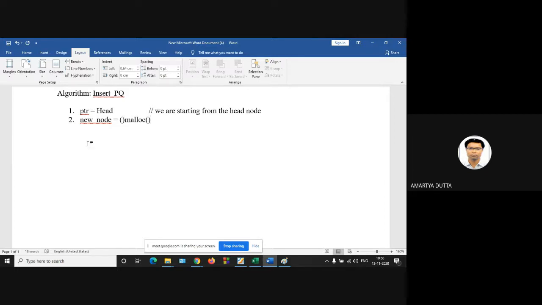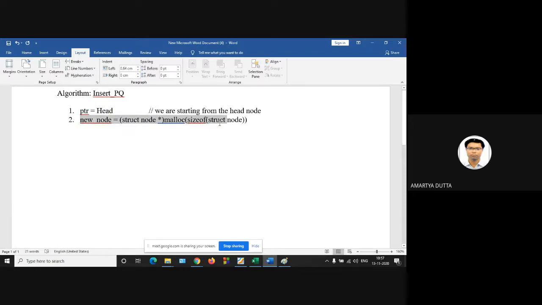malloc. If you are using struct node, then you have to write struct node star and then malloc the byte size. The byte size we get using the sizeof operator, sizeof your struct node. So this particular line, in the actual C implementation, can be written as new node is equal to get node.